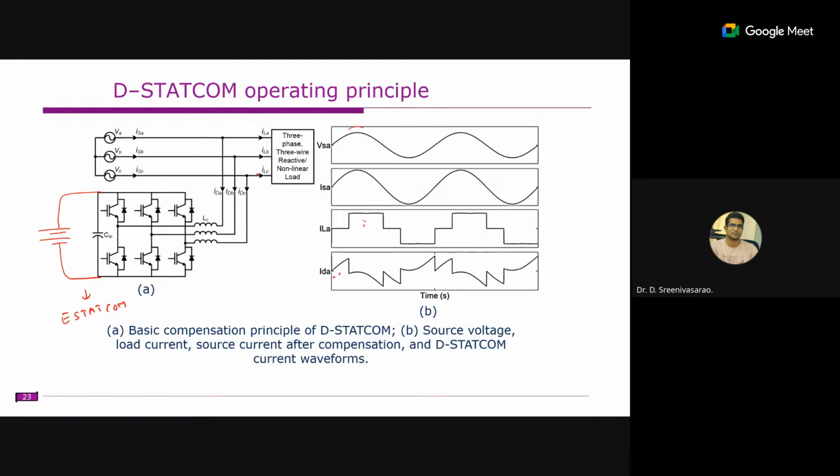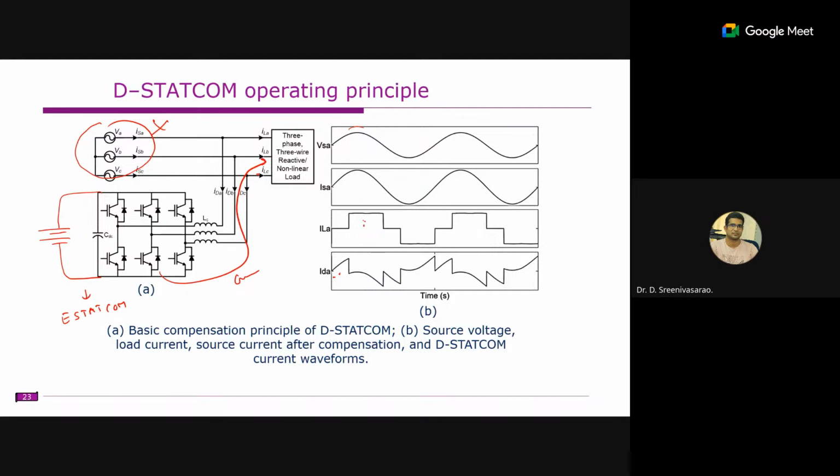That is also possible. For example, to charge this DC source, we can also charge it from here. In case this load is absent, sometimes we can also feed this load. In this case, it will act as an inverter, known as a grid forming inverter. So all these things are possible when you are connecting a STATCOM with some load.